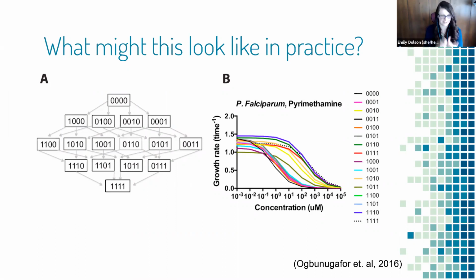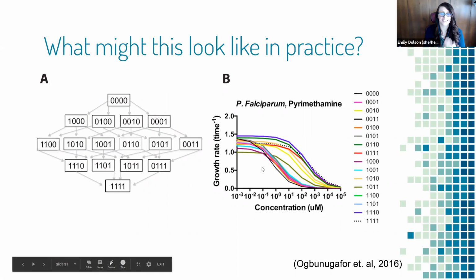These are genes that the malaria might have. We don't want it to evolve resistance. And so this is an example of how that fitness landscape is connected. And then these curves here are showing fitness on the y-axis and concentration of this malaria drug, pyrimethamine, on the x-axis. And so this is actually a super incredible set of data, because if you think about it,